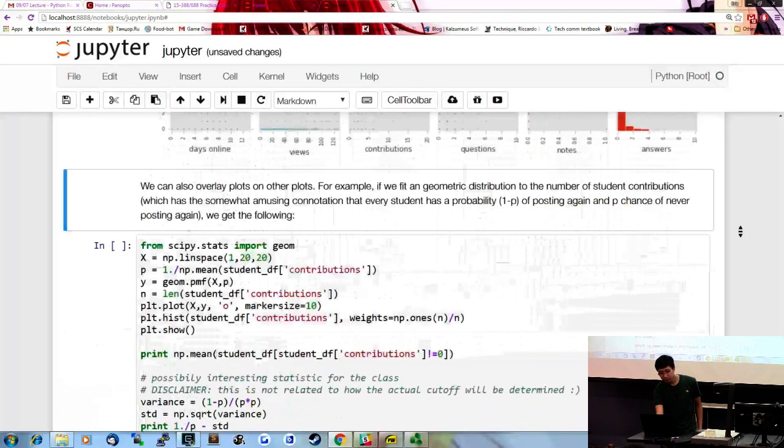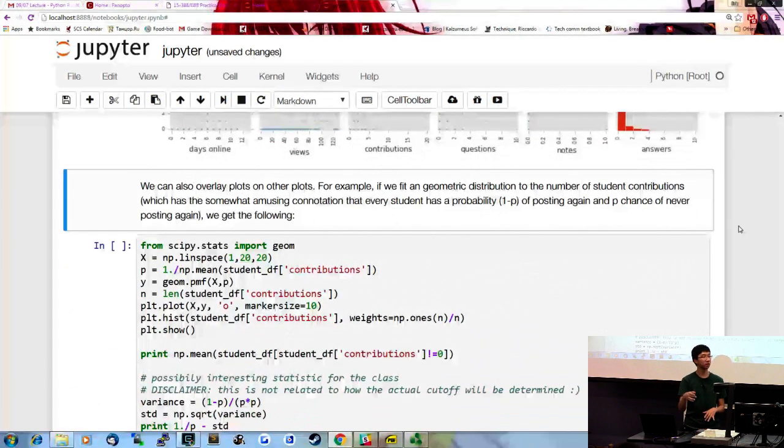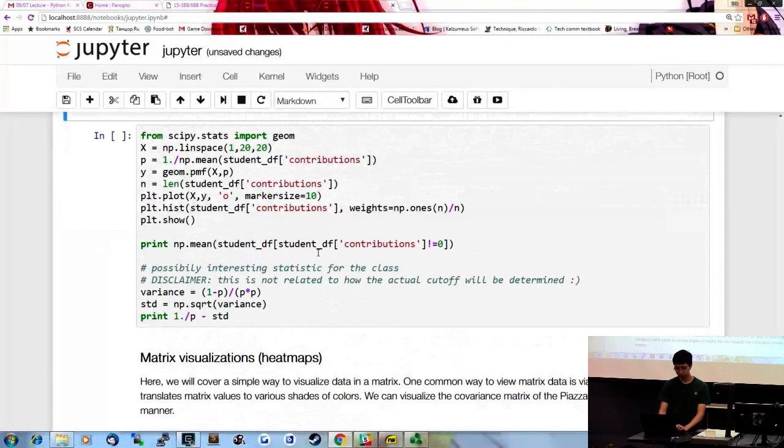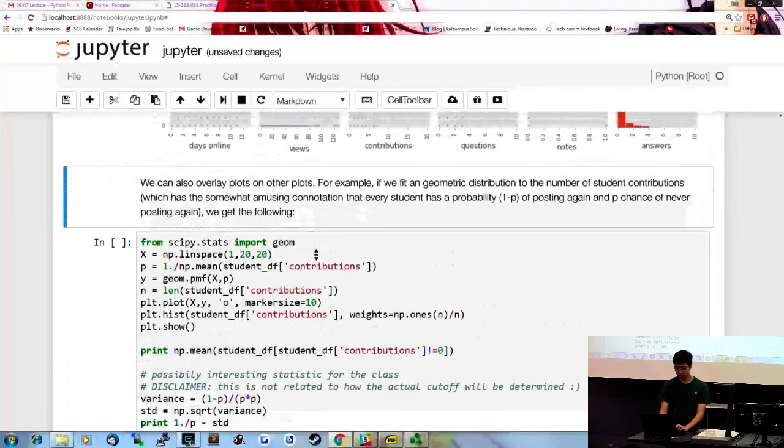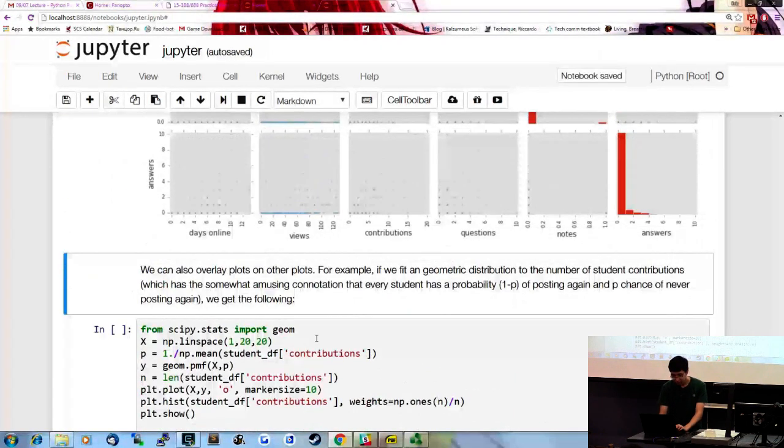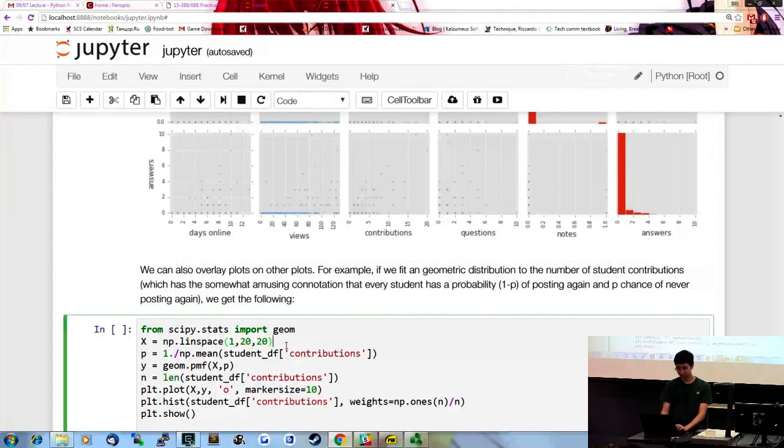Okay, so the last part is that we can also overlay plots on top of each other. Because in all of these examples, we just made one plot per square, but sometimes you'll want to put multiple plots or multiple lines on a single image. So what we're going to do here is take all the student contributions